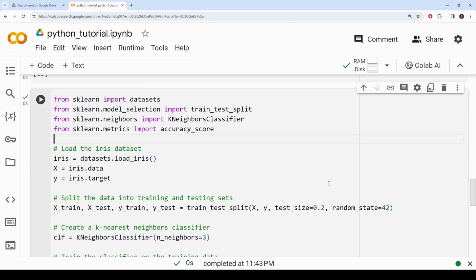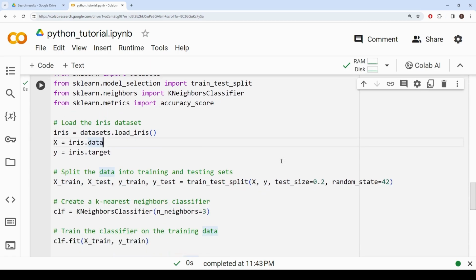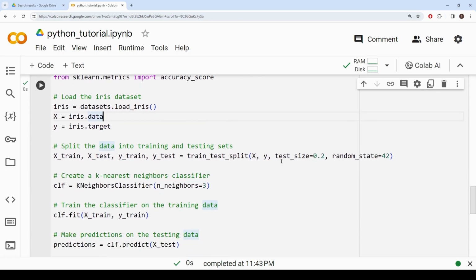So now for this example, we use the iris dataset. In the iris dataset, we first import the data and the target, and we give it X and y. And now you're going to split the data into training and testing data. In this case, you can see I have X_train, X_test, y_train, y_test. And then I split it and I give it a test size of 0.2, and I put the random state as